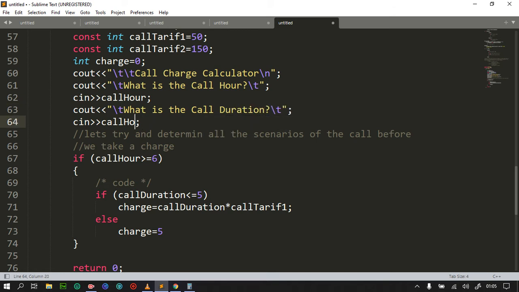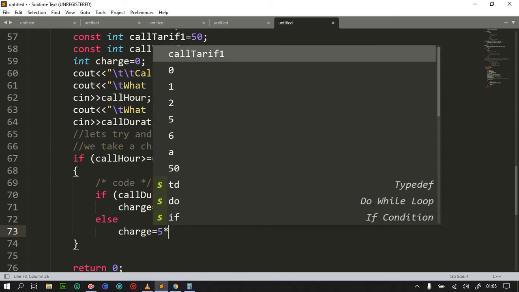So call duration, so someone enters in the call duration. So we shall check from here and we shall do that. So charge is gonna be we shall take this 5 as a standard, so we shall say 5, we shall charge you by that,